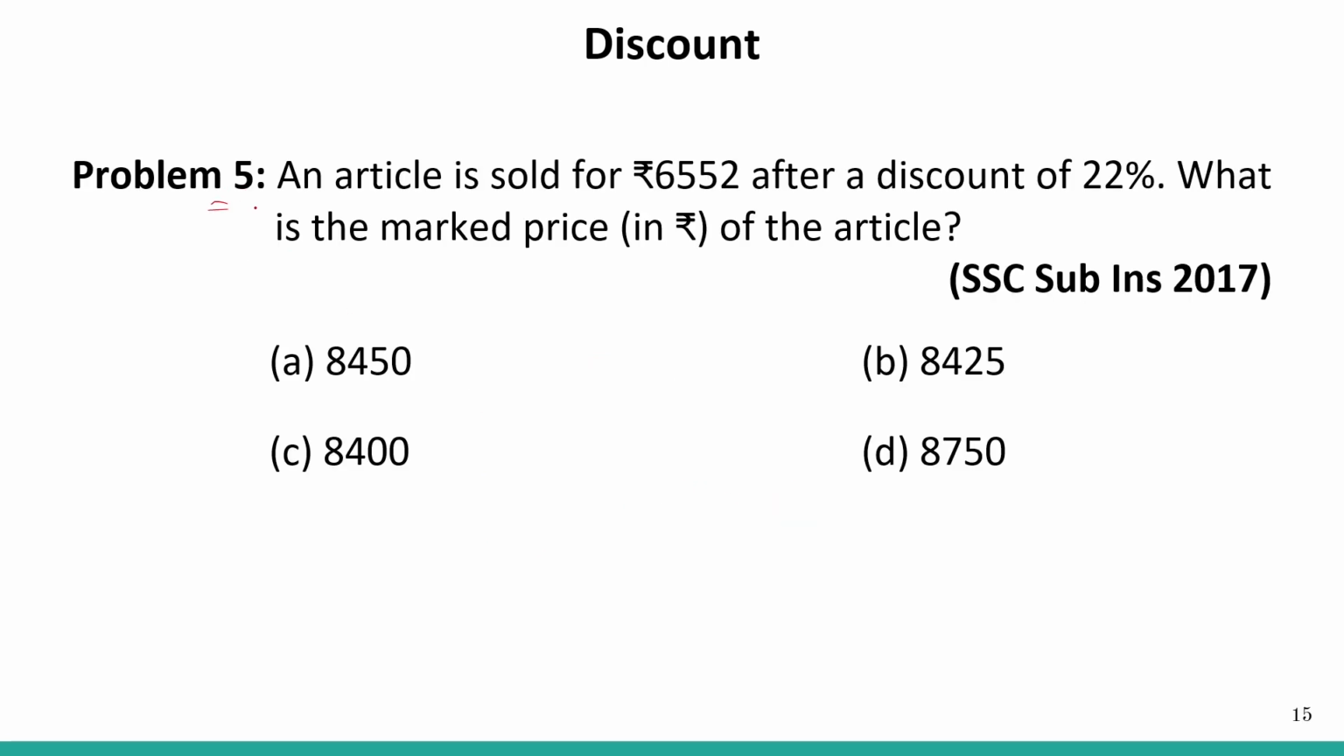Let's see problem number 5. So one article is sold for 6552. So after a discount of 22%, what is the mark price of that article? So this question has appeared in the SSC Sub Inspector 2017 paper. So which one among these four is the correct answer? So the article is sold for this much amount. Okay, so